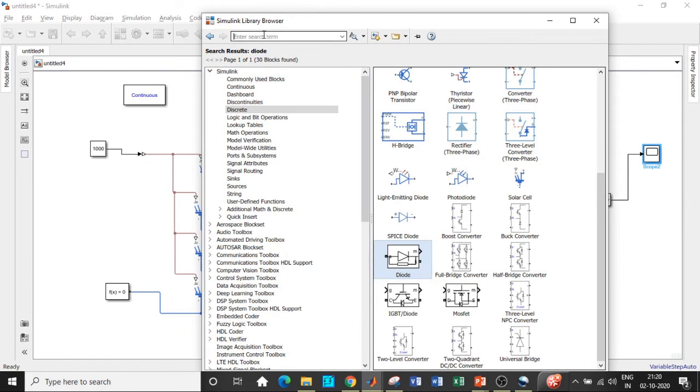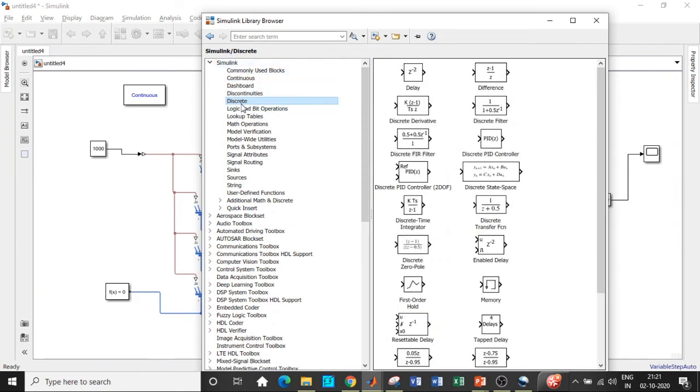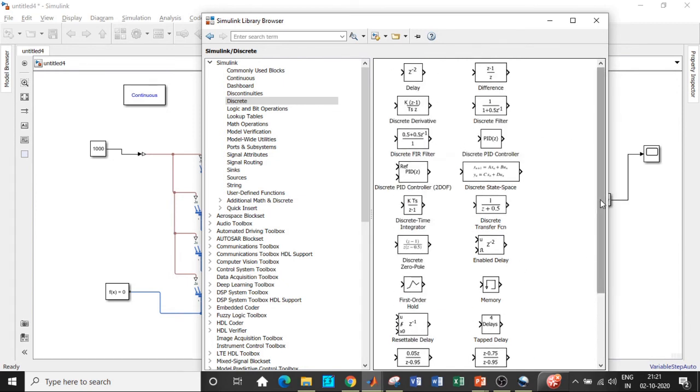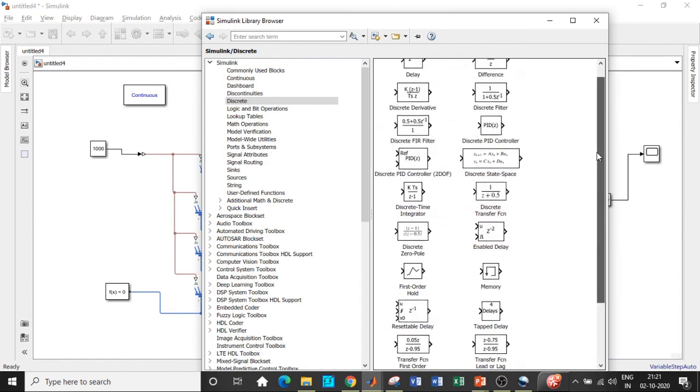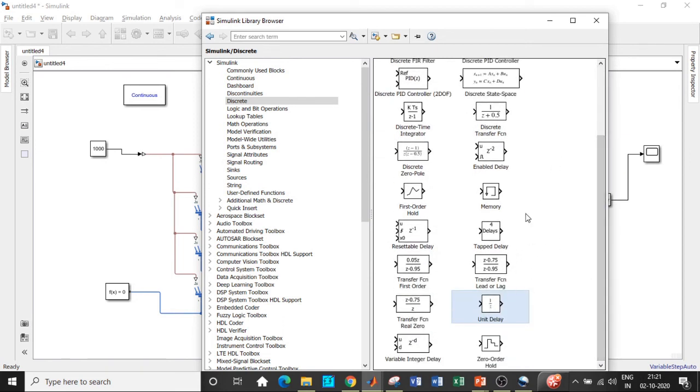So we will be searching for the components that we want. Again, at the first place we want a MATLAB function, so search for MATLAB function, add that block. We also need unit delay. So there are a lot of delays, so go to discrete directly under Simulink over here, scroll a little down, and you will be having 1 by z unit delay. So choose this. So do be very careful. 1 by z is also z inverse, so if you carefully observe, z inverse blocks also will be there. So be very careful with respect to discrete domain. We have to choose this so that there will be some amount of delay that is produced.